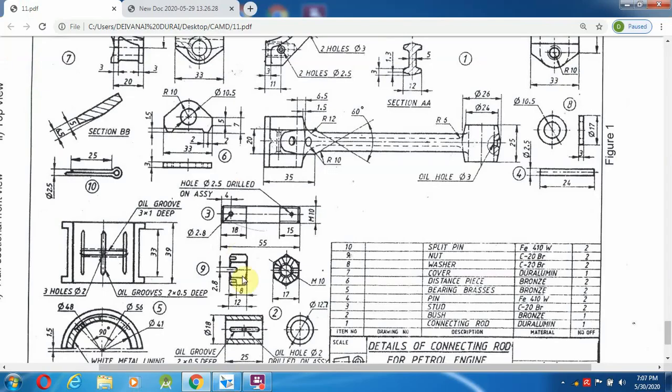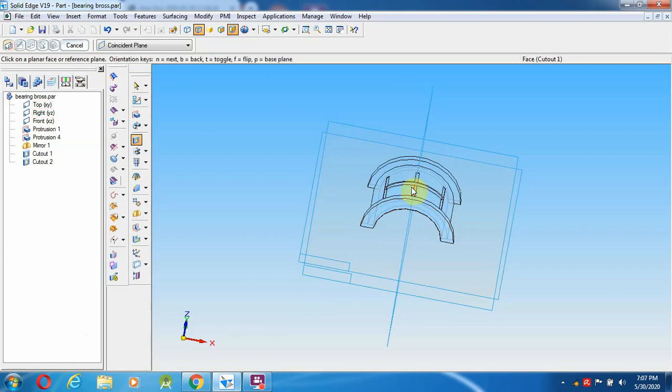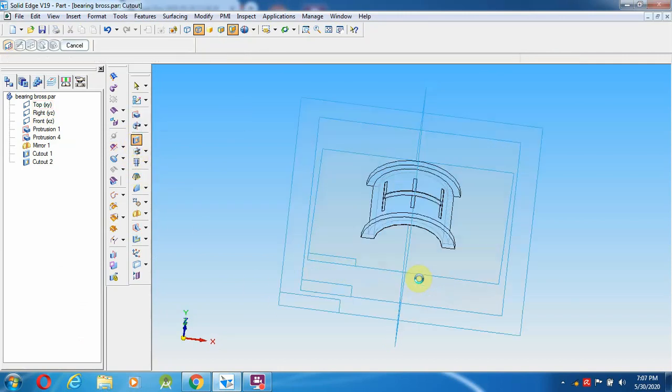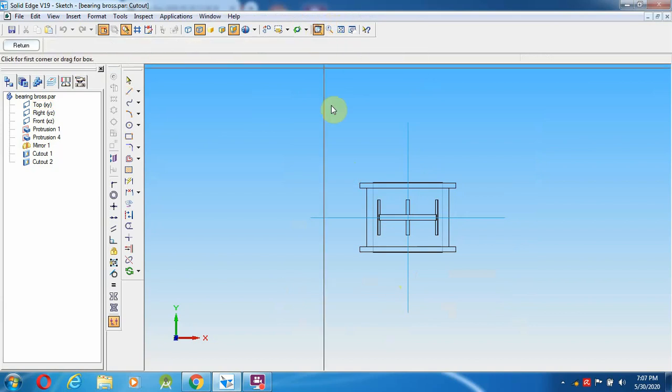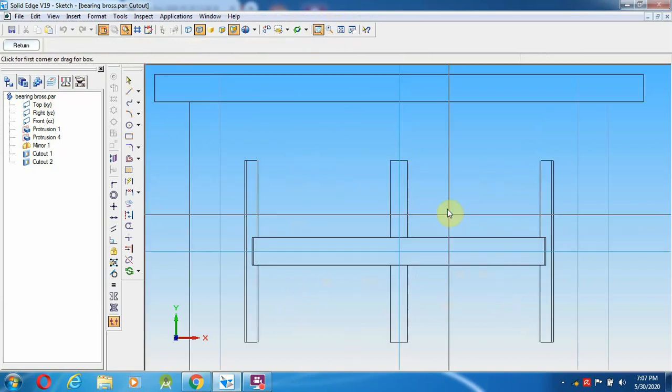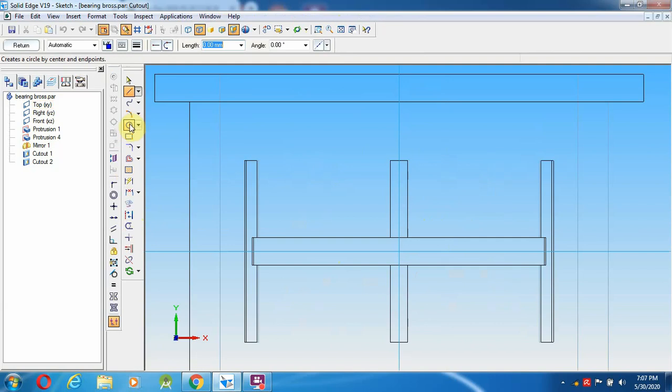So after creating this, 3 holes having the 2 mm diameter. Okay, so I am going to create here 1 hole, another one here, so the last hole over here. So for this I am going to select the cutout option in the mid plane from the particular thing. I am going to select 2 mm.